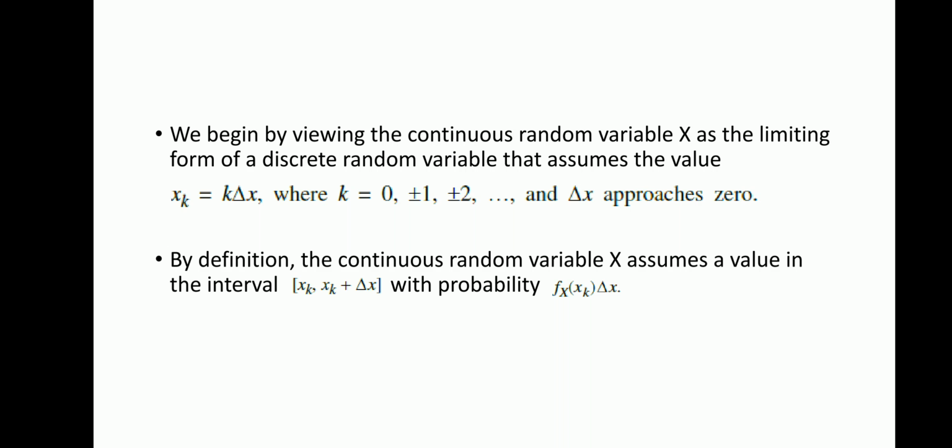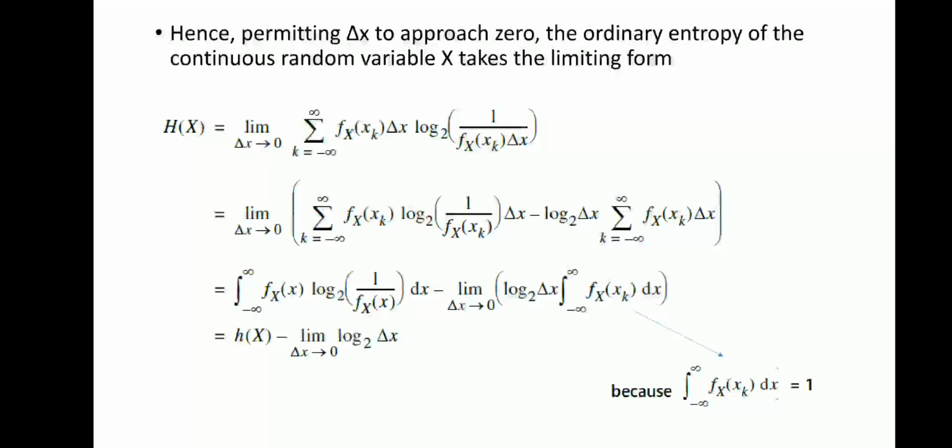By definition, the continuous random variable x assumes a value in the interval xk to xk plus delta x with probability fX(xk) delta x. So this is our probability for this continuous random variable within the limit xk to xk plus delta x. Permitting delta x to tend to 0, the ordinary entropy of the continuous random variable x takes the limiting form H(X) equal to limit delta x tends to 0 of summation of k equal to minus infinity to plus infinity fX(xk) delta x log of 1 by fX(xk) delta x